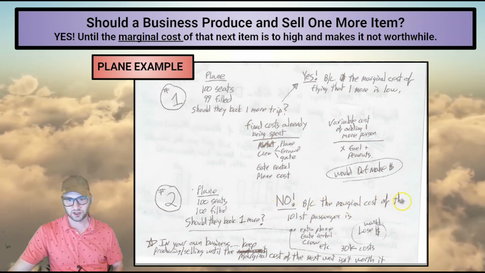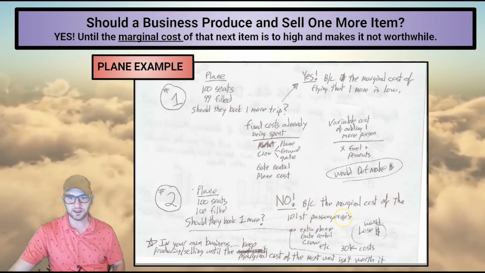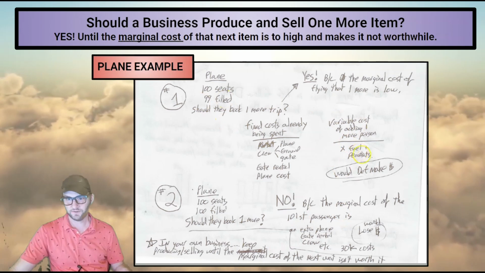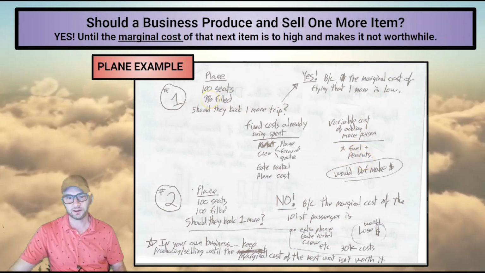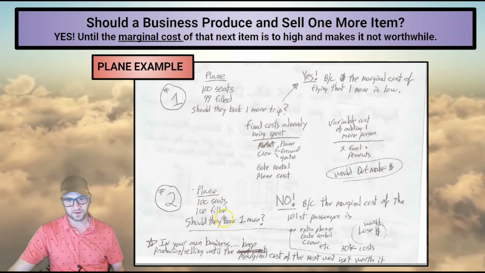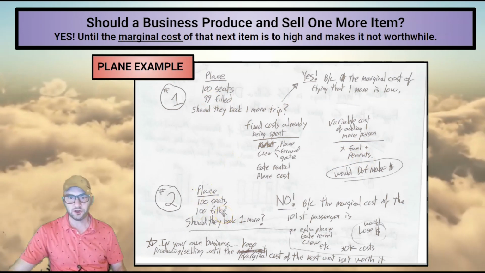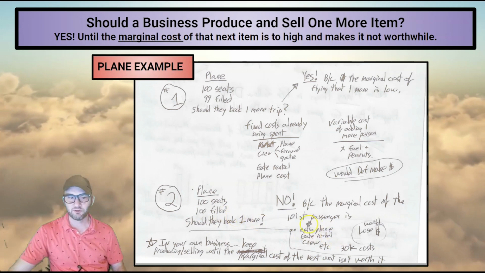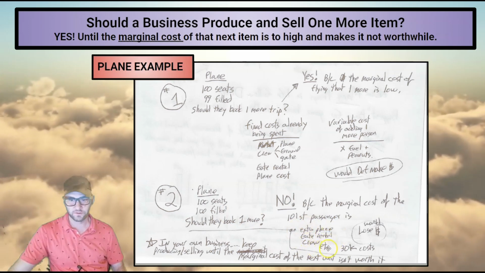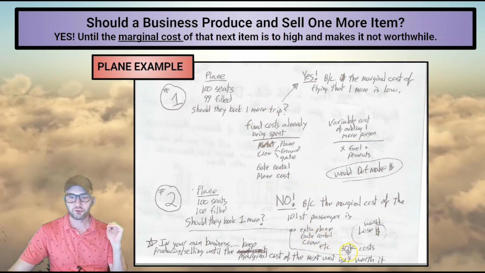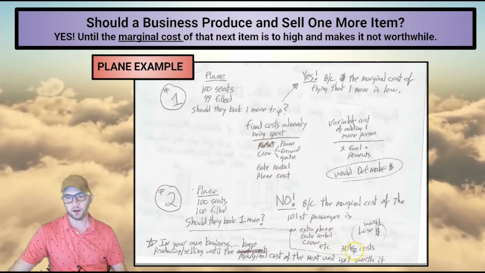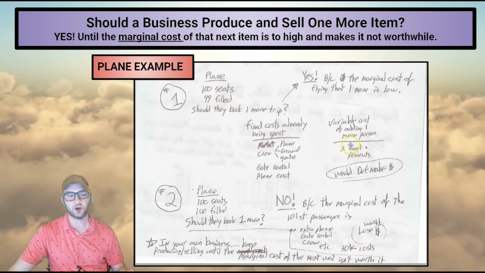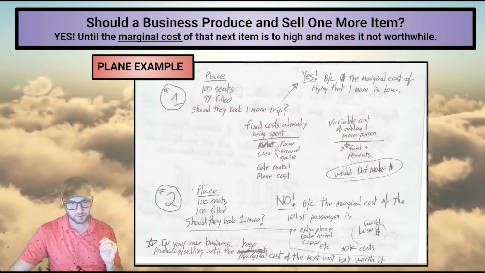The marginal cost of getting the 101st passenger to the DR is huge. The marginal cost of getting the 100th passenger is just fuel and peanuts because they have an extra seat. But look, if that one plane is full, think of what it would take to do one more trip. Just for me, they'd have to get an extra plane. They'd have to rent an extra gate. They'd have to hire an extra crew for that time. Literally, it would cost like $3,000 to get me to the DR. Whereas if they had that extra seat, it would only cost $20. It's called the marginal cost, the cost of that specific one more.